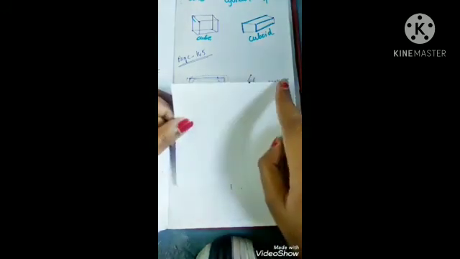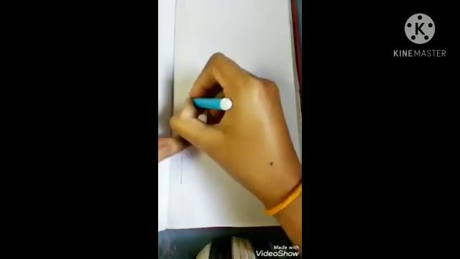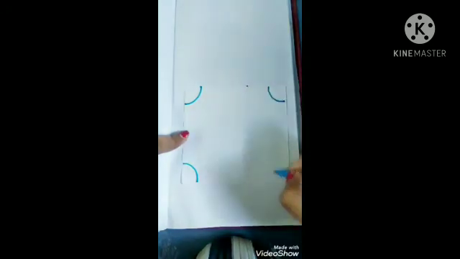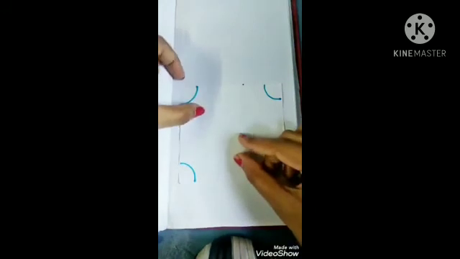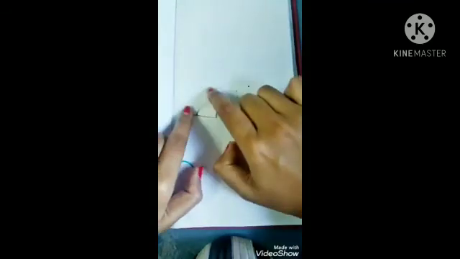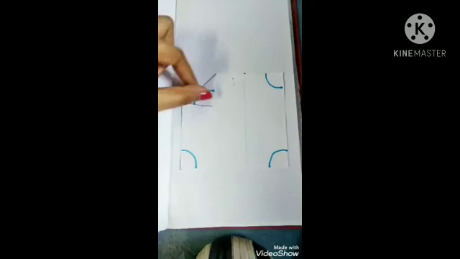1, 2, 3 and 4, right? 4 corners. Let me mark it properly. So 1, 2, 3, 4. Okay, 4 corners. So you can see properly now, 4 corners. Now it is said that you have to fold one corner. So let's fold this corner. If I'm folding this this way, now we have done one fold. Now we have to write how many corners we are getting now.